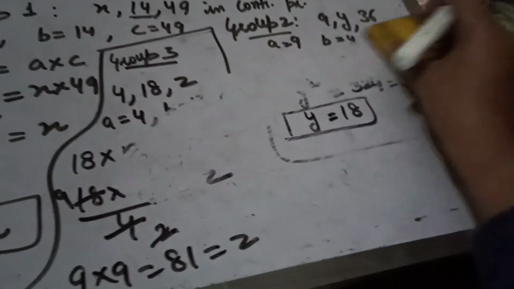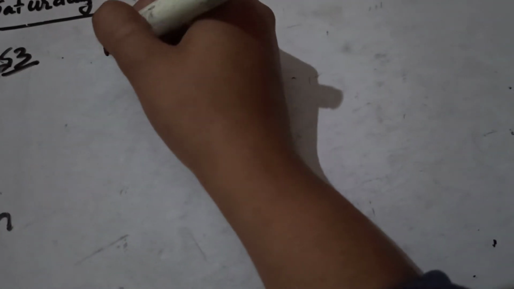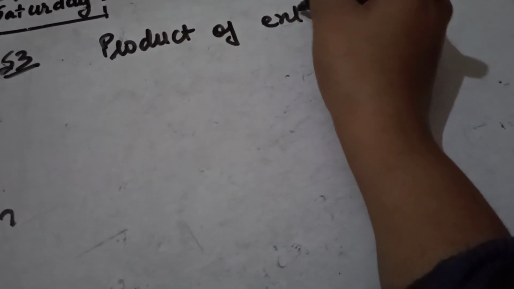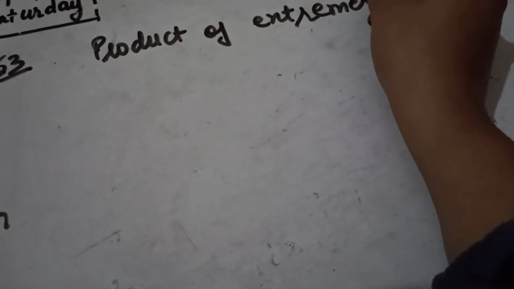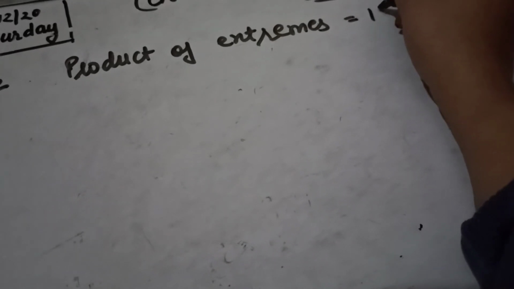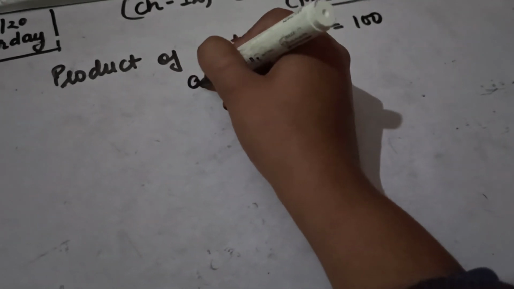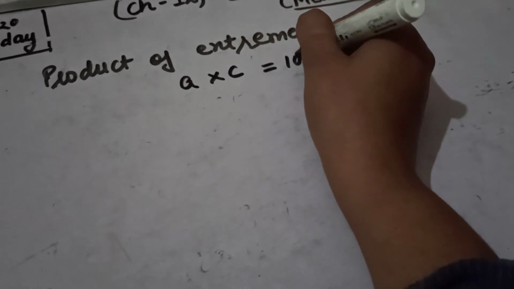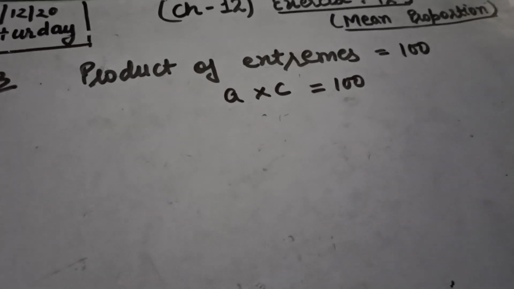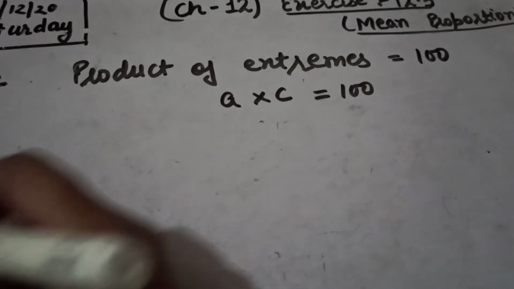See that question also. Q3. The product of extremes of two ratios in continued proportion is 100. So the product of extremes means A cross C equals 100, right? Find the mean proportion of the ratios. So mean proportion means